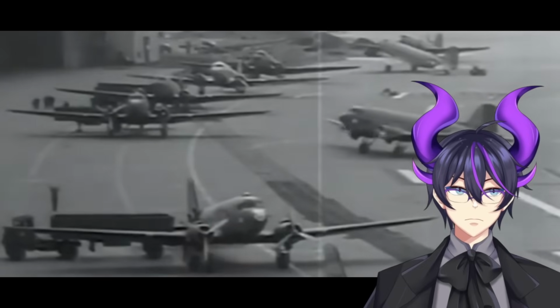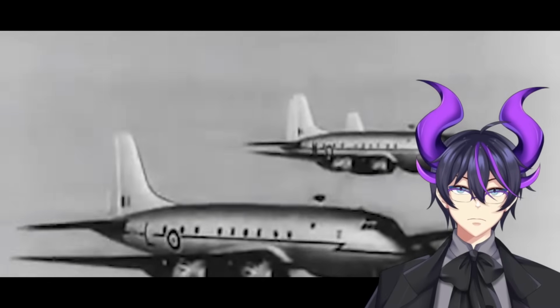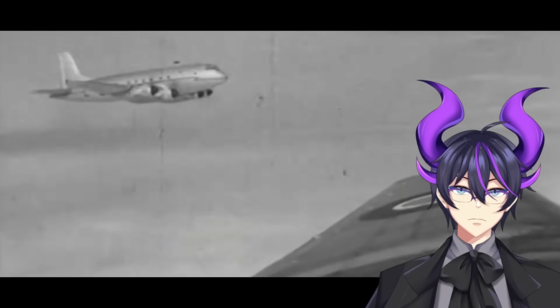Despite that, the newly formed United States Air Force says, hold my nuclear bombs and watch this, because on June 26, 1948, 2 days after the Soviet blockade, they launch Operation Vittles, where they are going to try to feed an entire city via cargo plane. 2 days after that, June 28th, the UK says, hey, we're going to help too, and the RAF launches Operation Planefair, and together this becomes known as the Berlin Airlift,